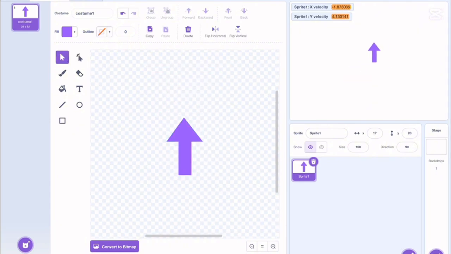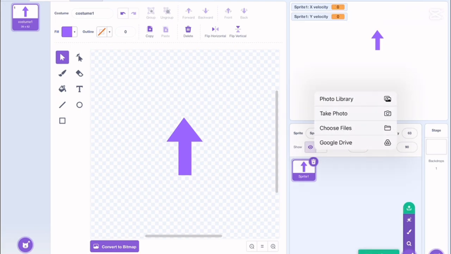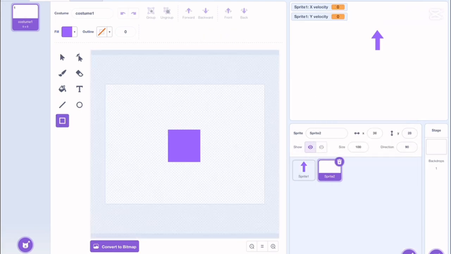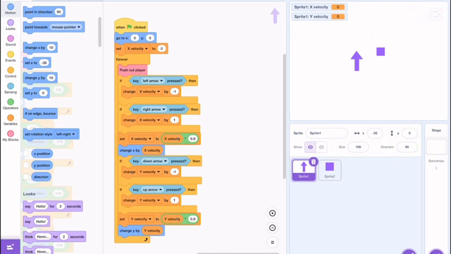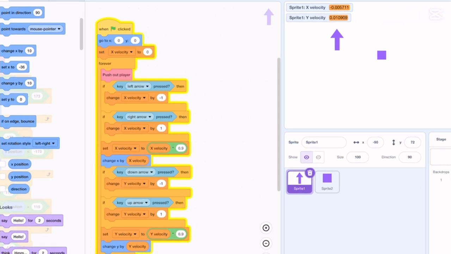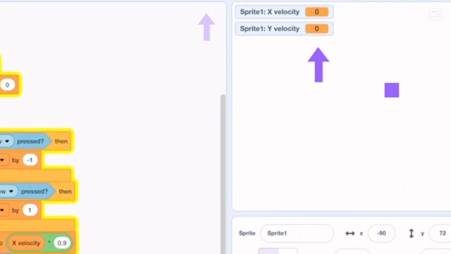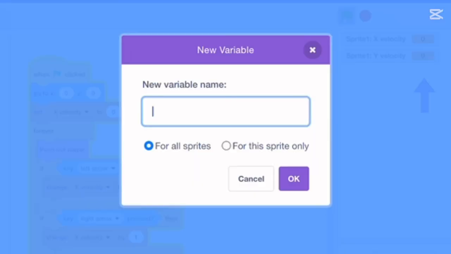So now we are an arrow and we can make a new sprite. For now, I'm just gonna make the next sprite a square. So for the square to follow us, it's going to need to know what our X velocity is and our Y velocity is. But we set those for this sprite only. It's okay, we could do a current X velocity block,